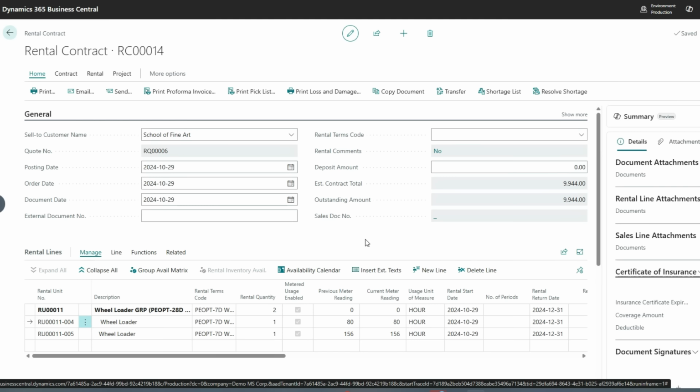Now at this point, I fulfilled all the conditions for the rental contract. I have my signatures. The units are insured. I know which units I'm going to send. I will then